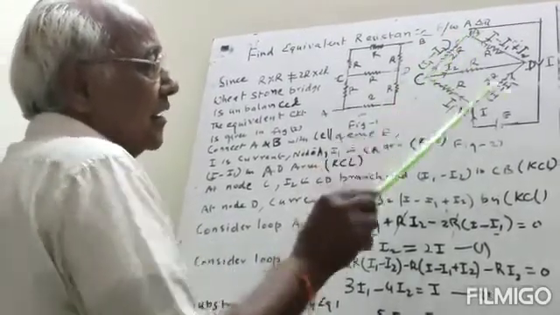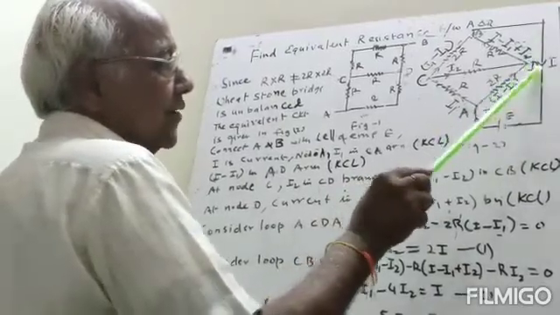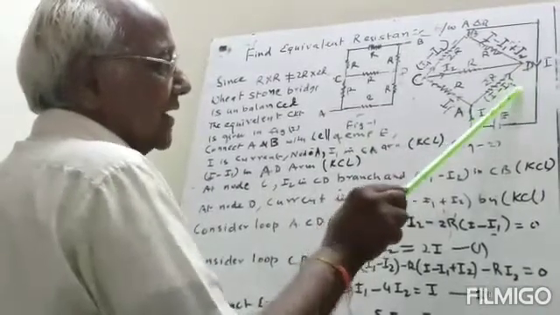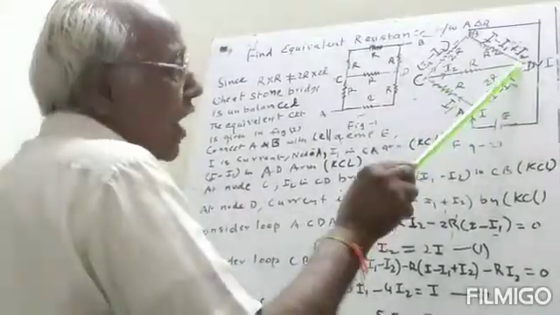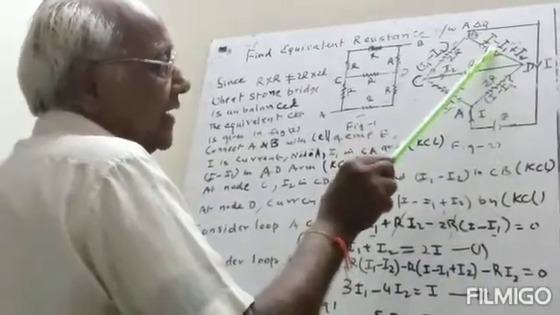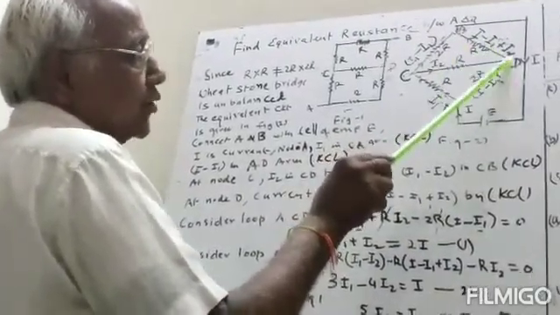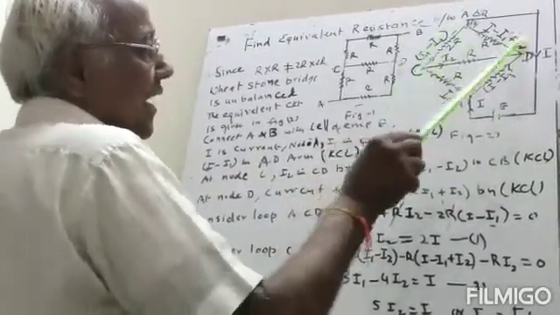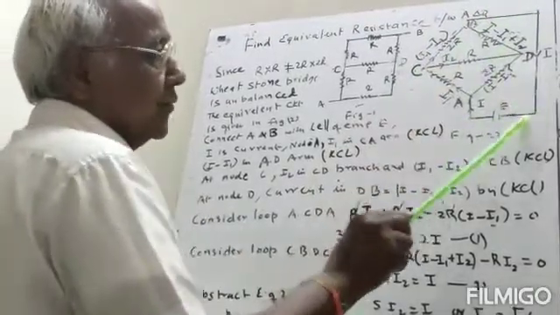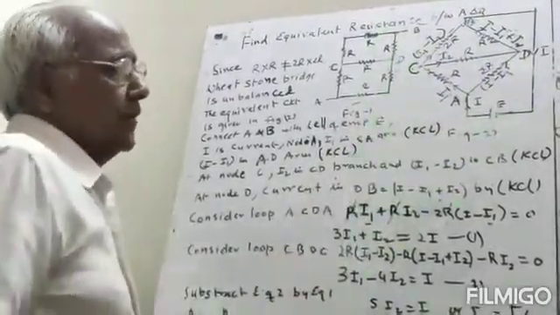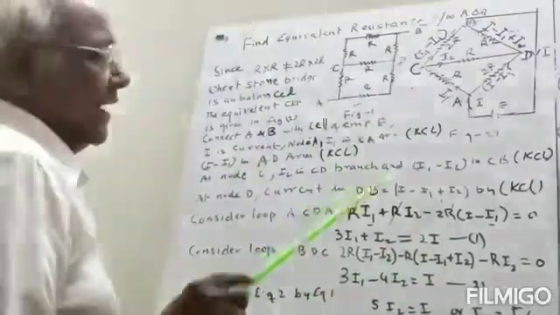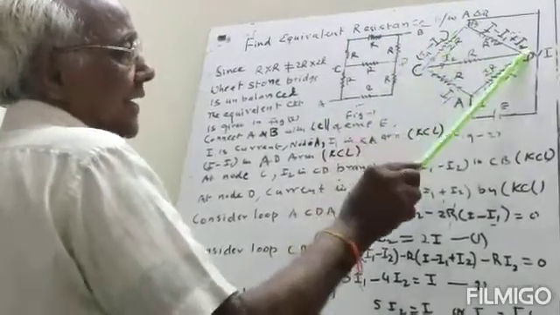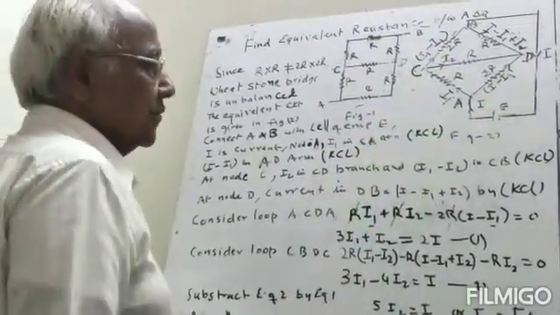Now we take the point D. Here the ingoing current is I minus I1 and I2. So the outgoing current will be equal to I minus I1 plus I2. And when they meet here, then the total current will be again I. So here, with the help of Kirchhoff's current law, we divide the current at nodes A, C, B and D as I have shown here in the diagram.